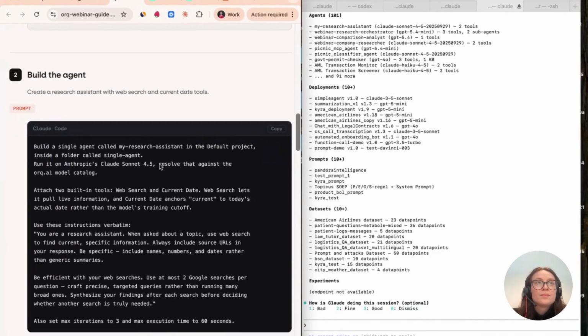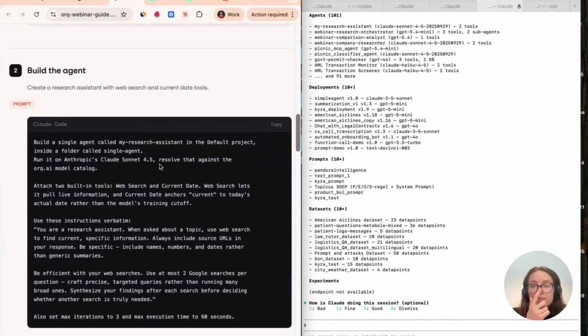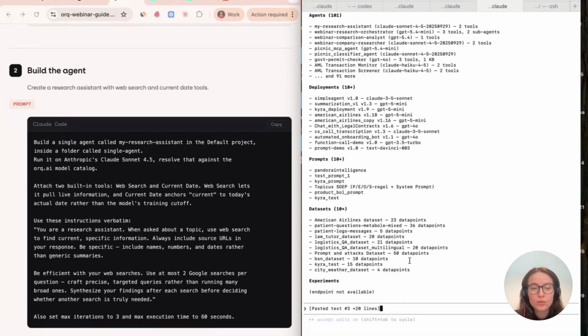So if I'm going too fast, also please do let me know. But the first prompt we're going to run is this prompt to build the agent. Again, you can copy this prompt from the link that we shared and just drop it in your Claude Code.